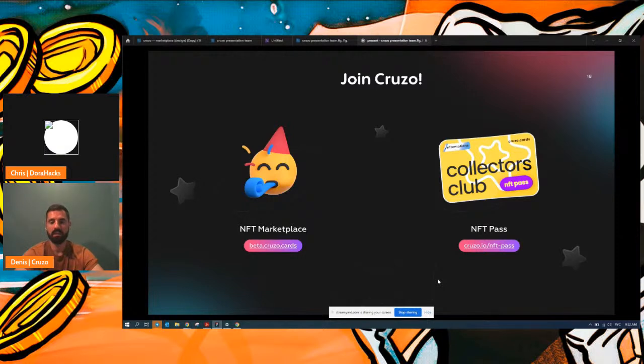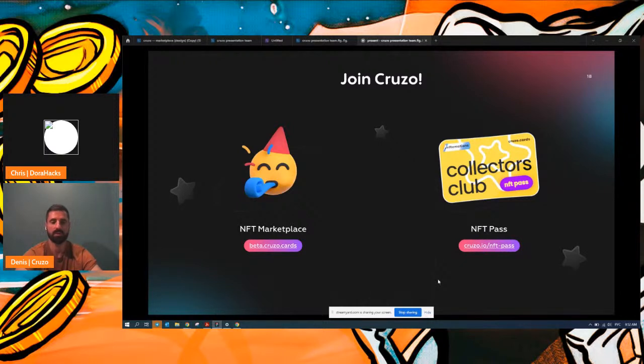And today, November 1st, sorry, tomorrow, November 1st, today, because my time was already November 1st, we have a mint day, we're selling our NFT pass. It's the key to access extra benefits.